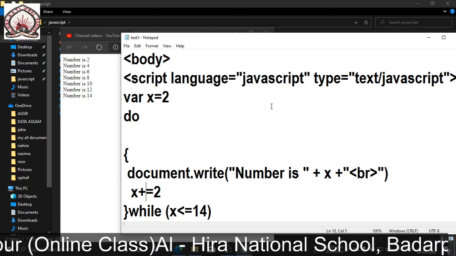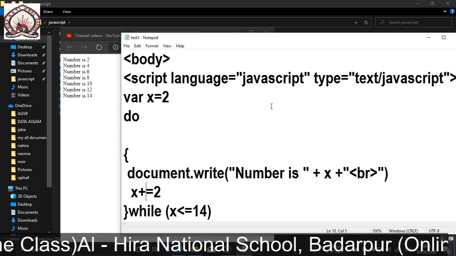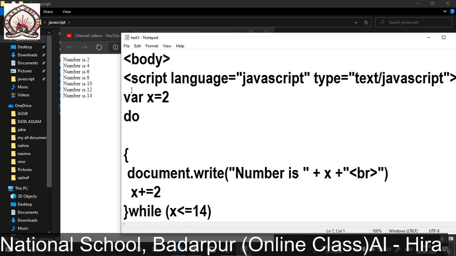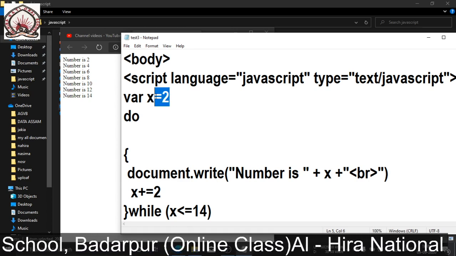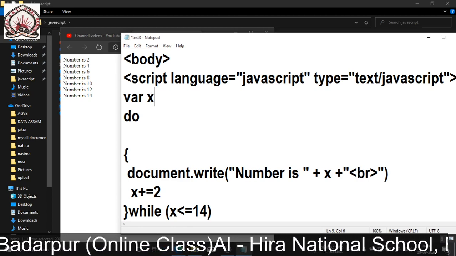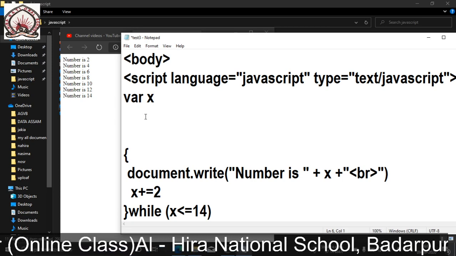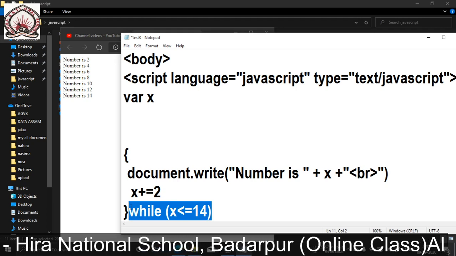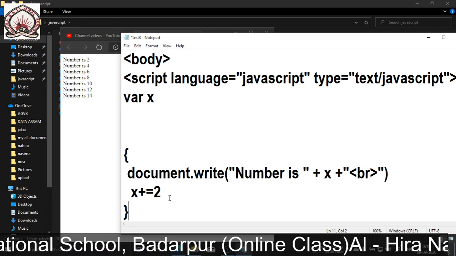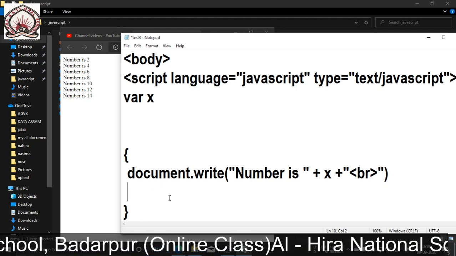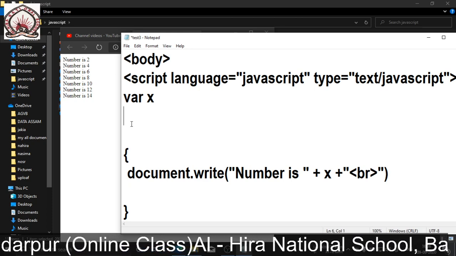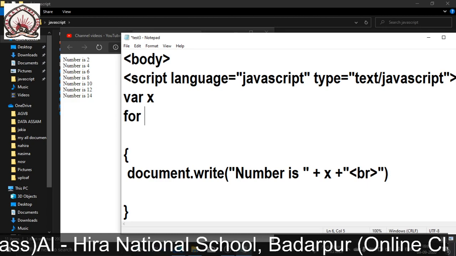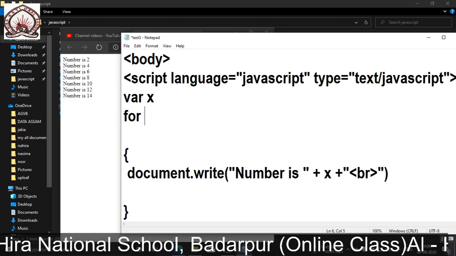Hope you understand. Now I am showing the same looping program with the help of a for loop. In a for loop, there is no do; I will give everything within the for, as you know that within the for statement all the looping comes. So here let me write for. First I will do initialization. Initialization is what?